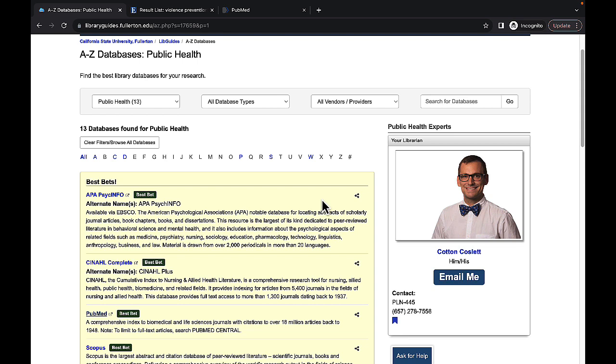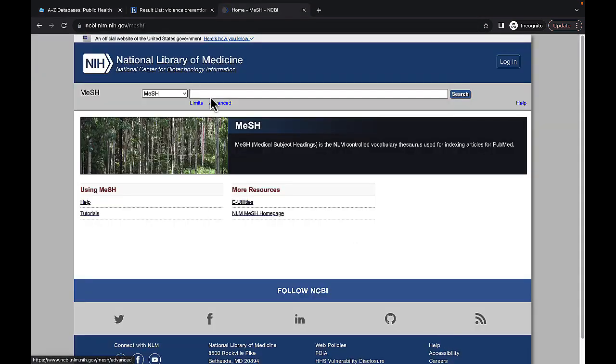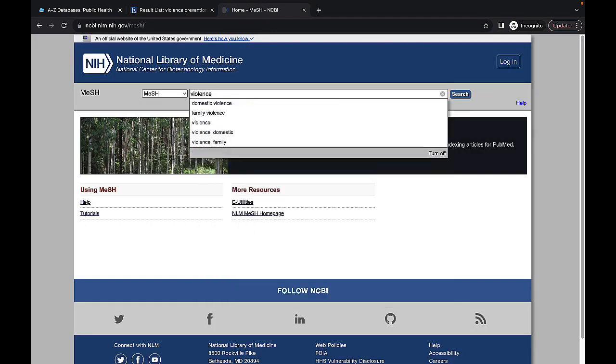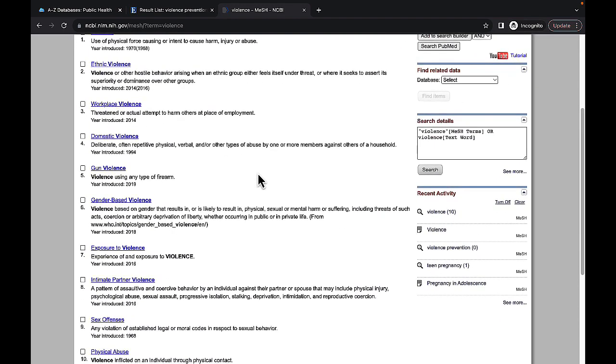What I'm going to do is, first I'll start in PubMed. And as always, I go to the MeSH database. I know that violence prevention is not a subject heading, so I'm just going to search for violence. I know, very broad. But remember, we're not looking for articles here. We're looking for subjects. And this is actually useful because if I scroll down, I see many types of violence.